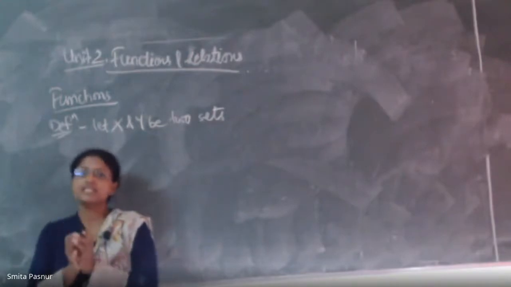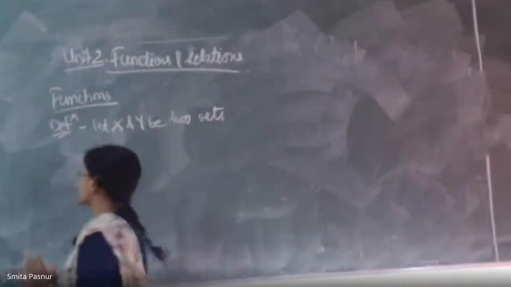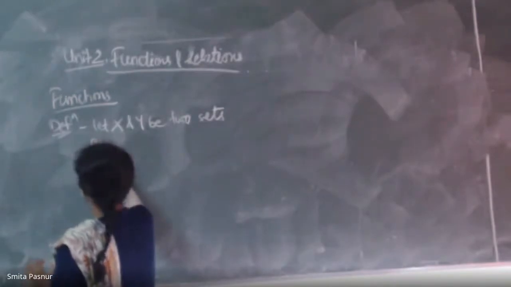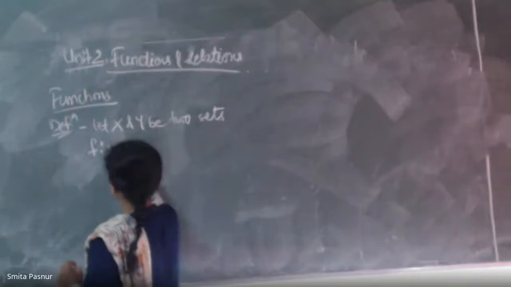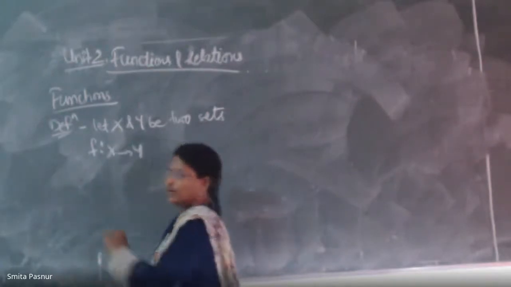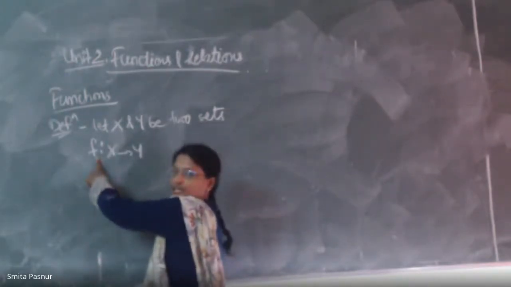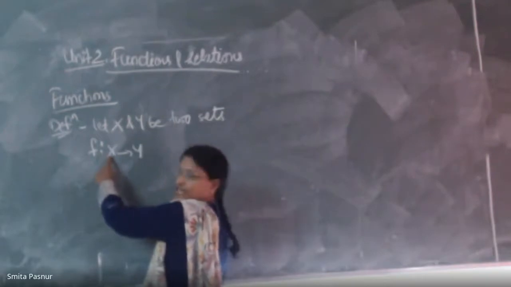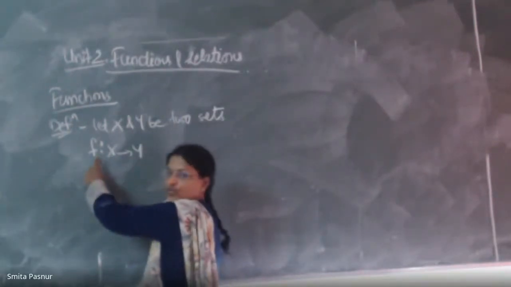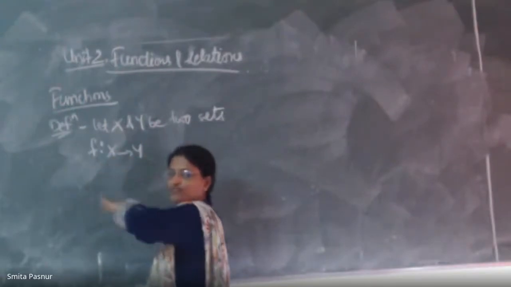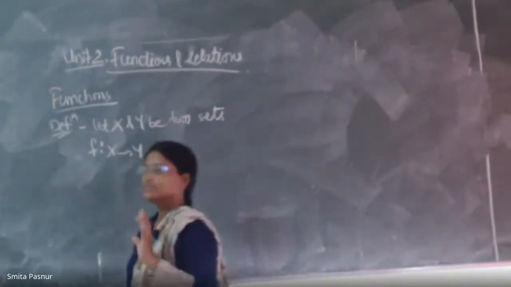That is the relation of x and y. So that is given by a function f. We write it like this, function f from x to y. So there is a function f from x to y, such that